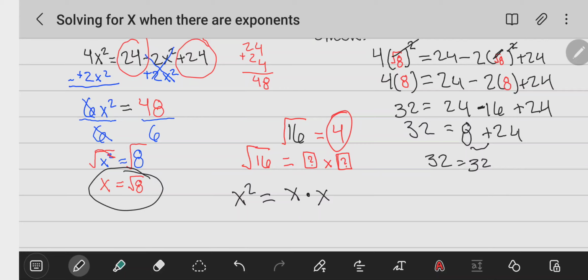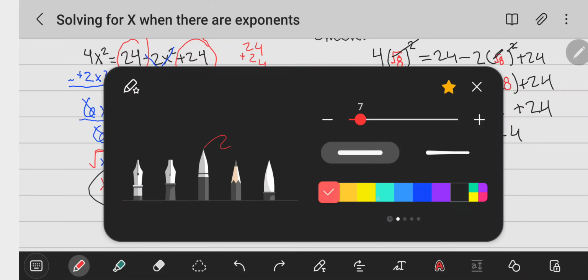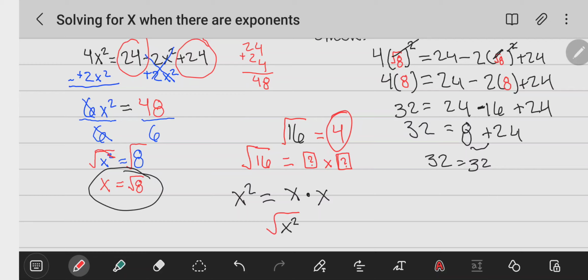So then when we have a radical, the reason why we use a radical to cancel out this 2 is because we're saying, hey, we know that x squared right here is x times x. So then that means if we have x squared and a little radical over it, right? The radical symbol, we're saying, hey, remember, this radical means what times what equals 16. So then right here it's saying, hey, what